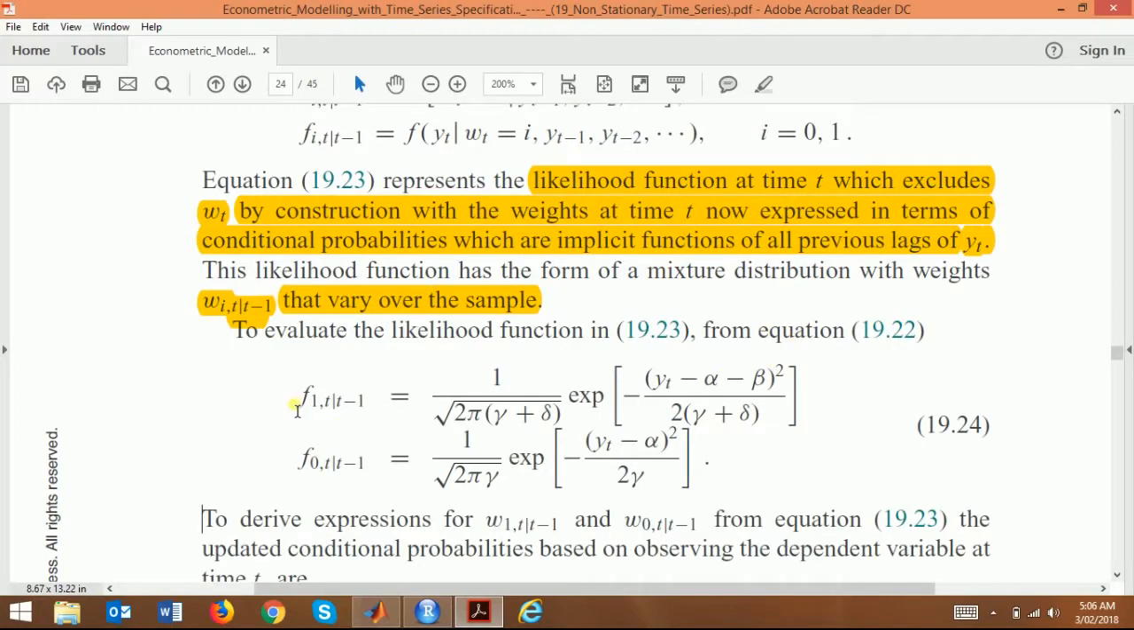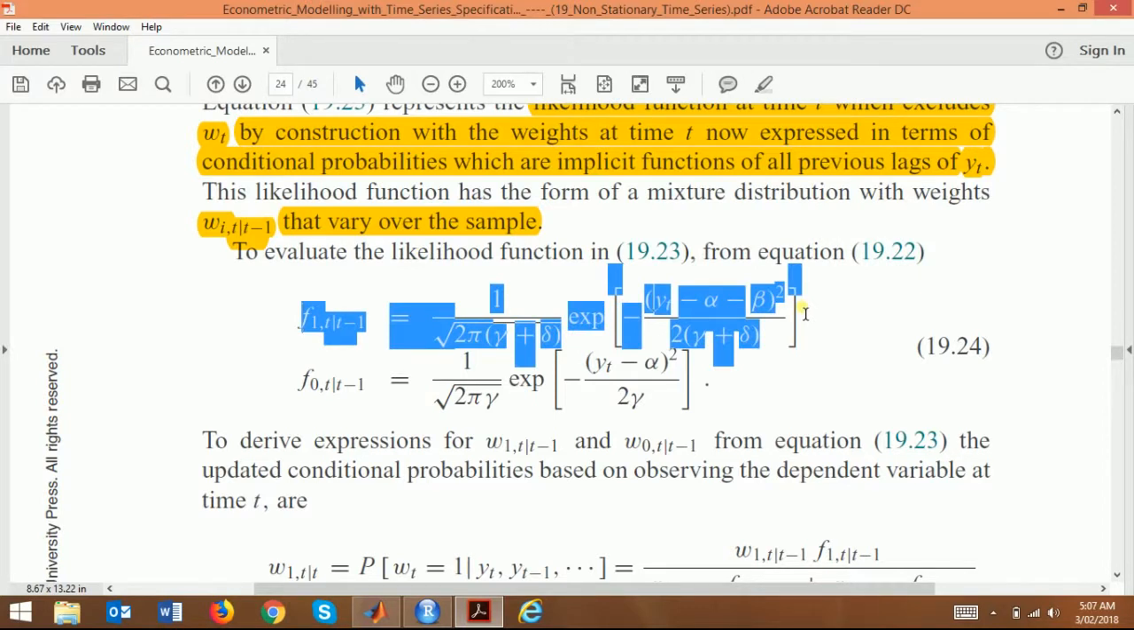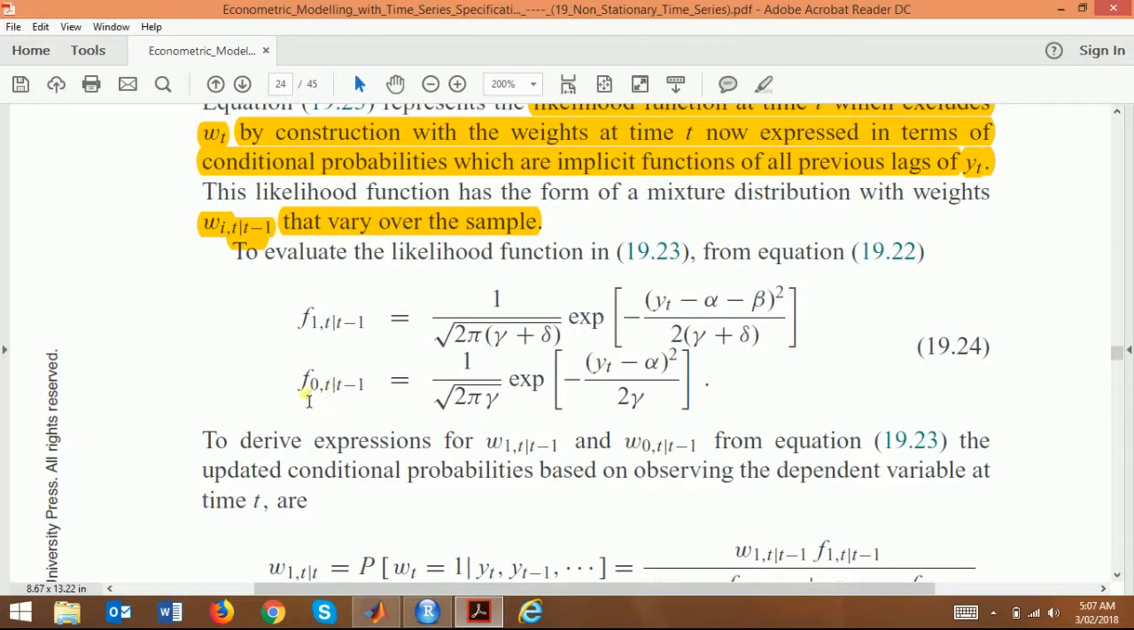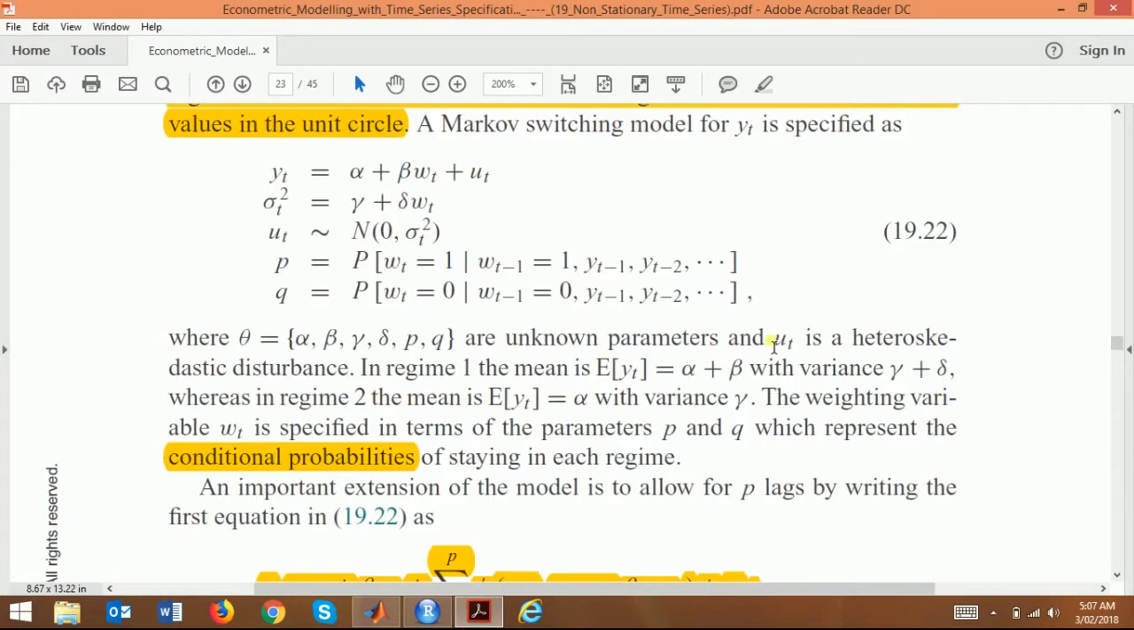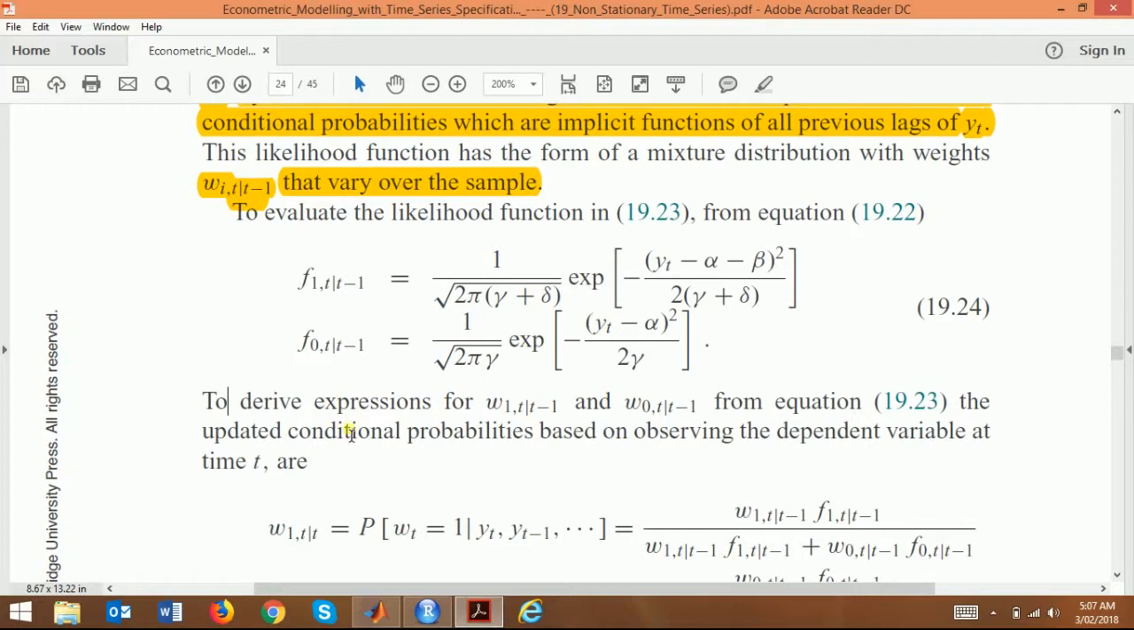From the equation, the likelihood function is now 1 by root over 2 pi. Instead of sigma squared, we have gamma plus delta, exponential of the residual divided by 2 times gamma plus delta. So it's very simple. Basically the whole equation relied, for the first one, on the weighing function being 1, then the weighing function being 0 means one term vanishes, so delta would vanish, and with that we have y minus alpha, because beta is associated with delta, isn't it? Yes, beta is associated with the delta. So just keeping that in mind,